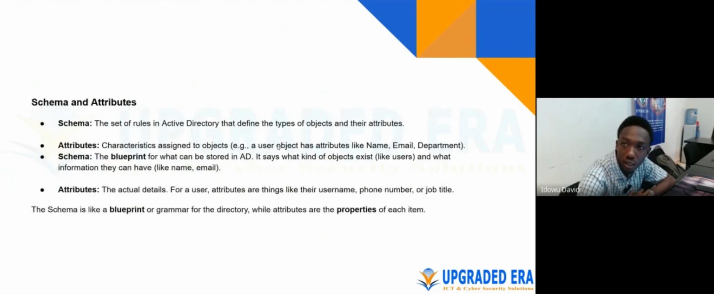Now move to schema and attributes. The schema is the set of rules in Active Directory that define the types of objects and their attributes. Attributes are characteristics assigned to objects. For example, a user object has attributes like name, email, and department. The schema is the blueprint for what can be stored in an Active Directory,